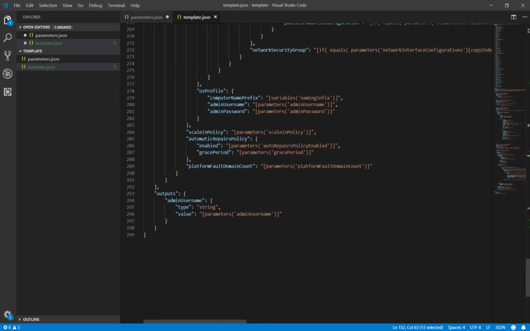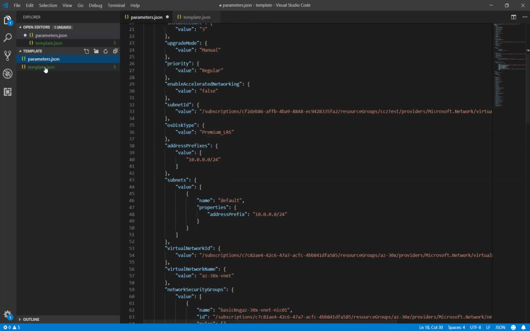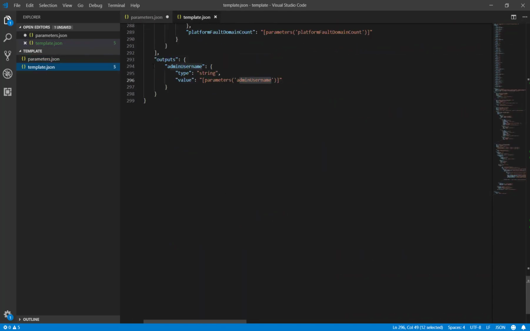In the last, we will get the output, the name to log in with the credential on that particular instance. It's already defined in the parameter file, but we have configured the output option at the end, so we will get it here.